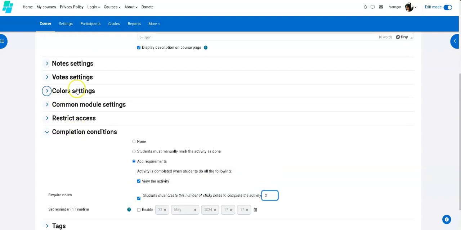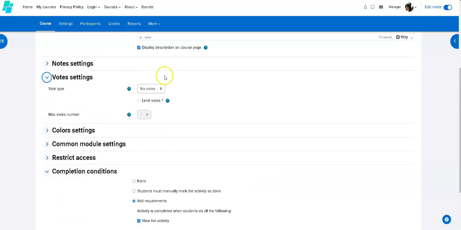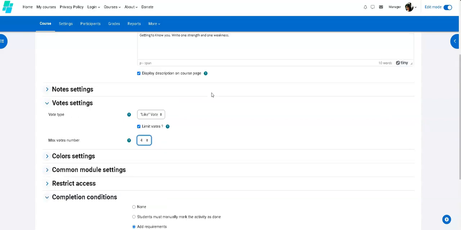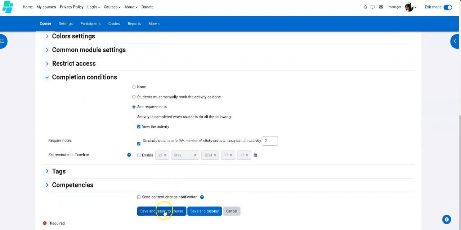And I think that I'm missing something here. Yes, like limits. Okay, it doesn't matter, maybe 4. It depends on the amount of students we have, but let's configure with 4 first. And I think that's all. Save and return to course,